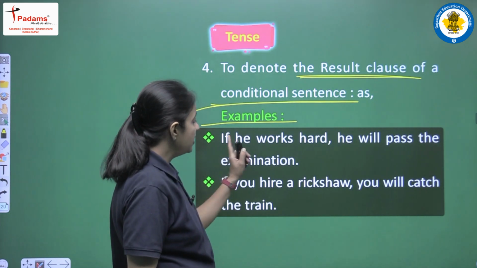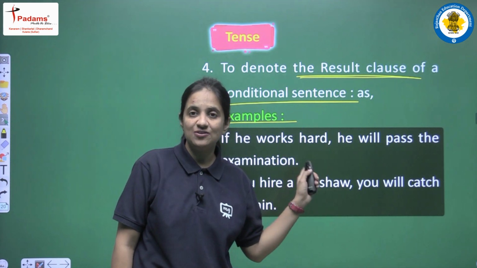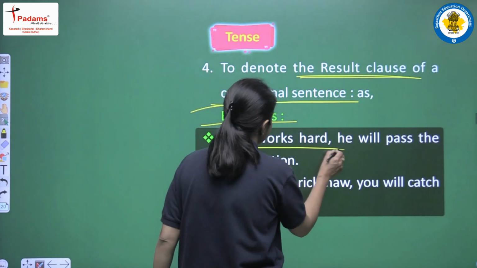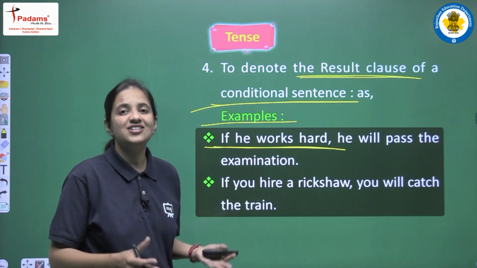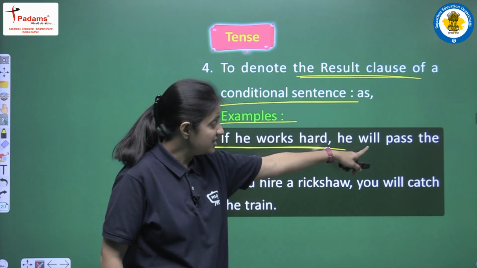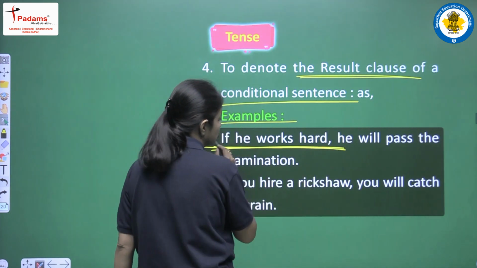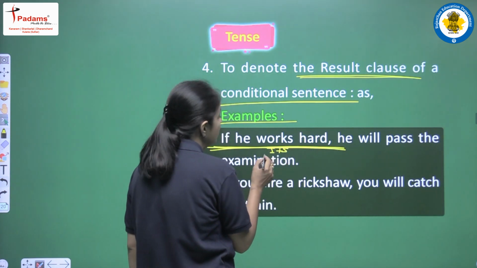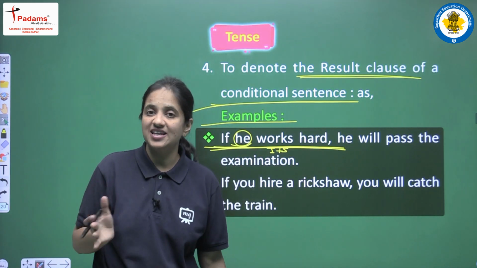The first one is: if he works hard, he will pass the examination. So yes, this structure we have seen earlier also when we were reading. What tense can you see here? This is present simple tense. Okay, so yes, this is the structure where we are having present simple tense in the condition clause and future simple tense in the result clause. So in this sentence we are having if he works hard, so we are having no helping verb here, and we are having first form plus s. Okay, and the subject is a singular one. So all these rules are related with present simple tense.